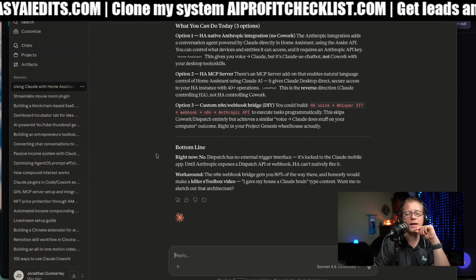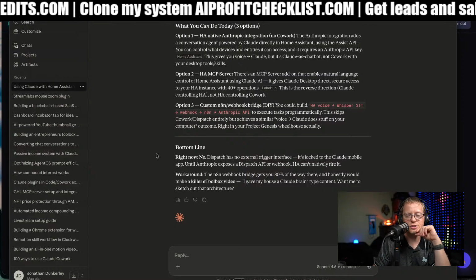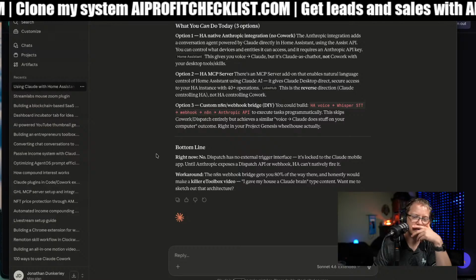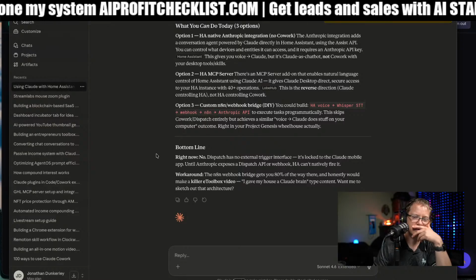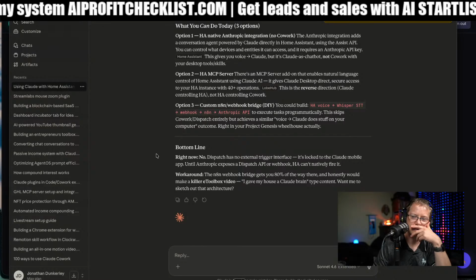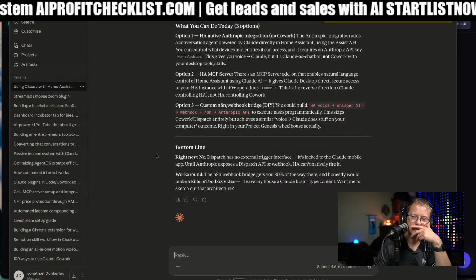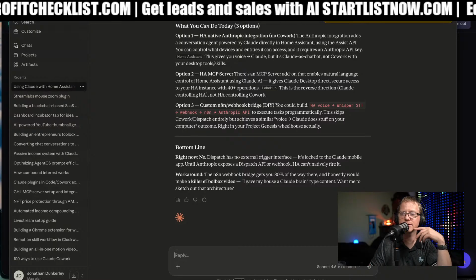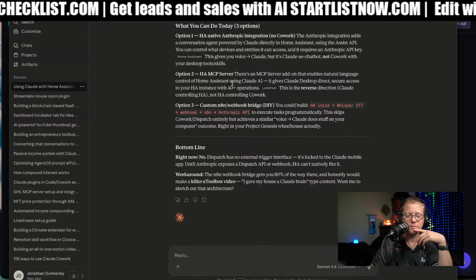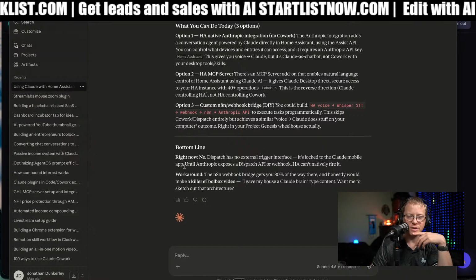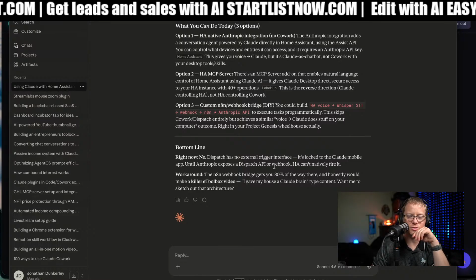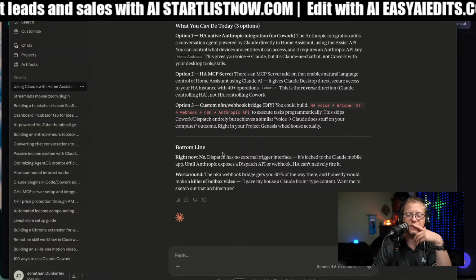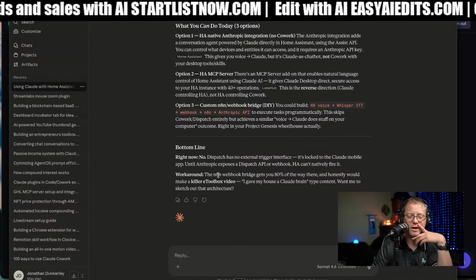Custom N8N webhook bridge. So this is actually something that could do it. Oh, it just aired there. That was Claude Code. So bottom line, no, dispatch has no external trigger right now. So it would be something with, yeah, it doesn't do it right now. It's talking about N8N.